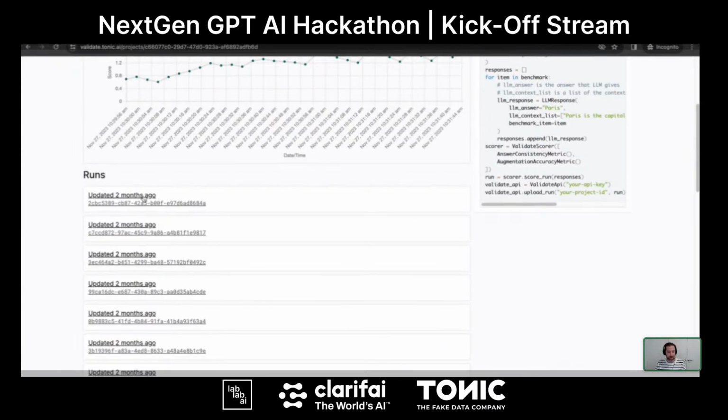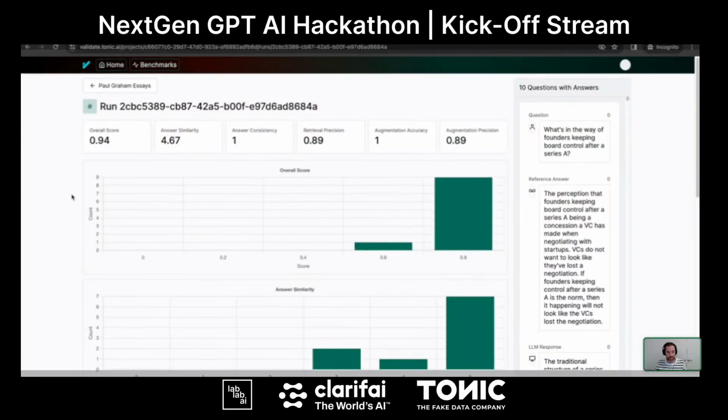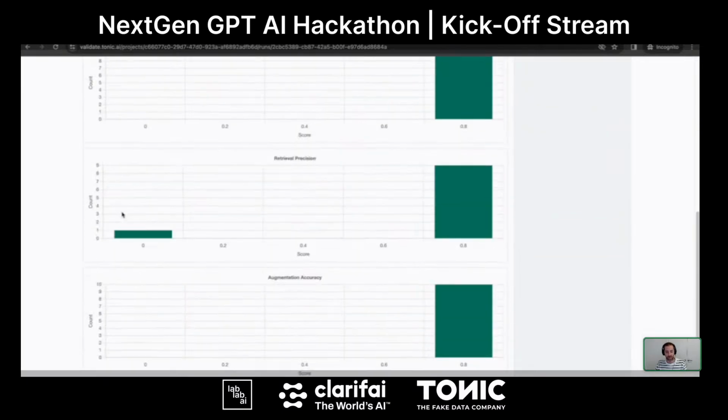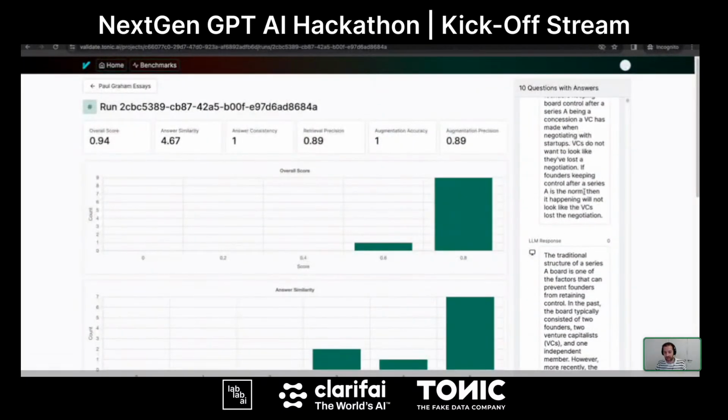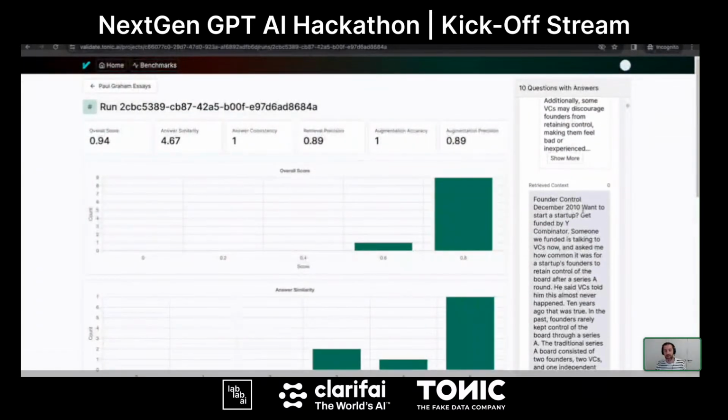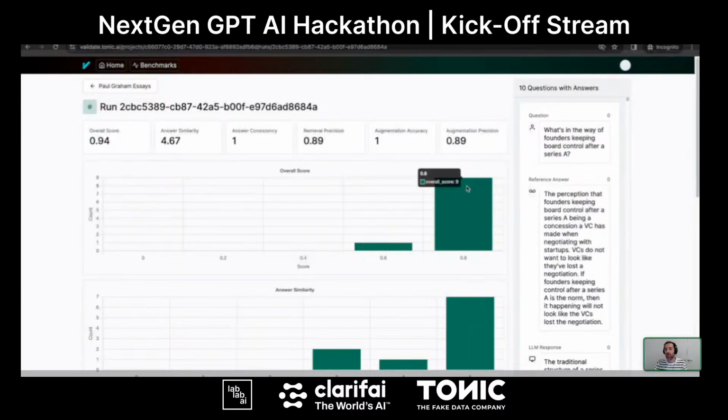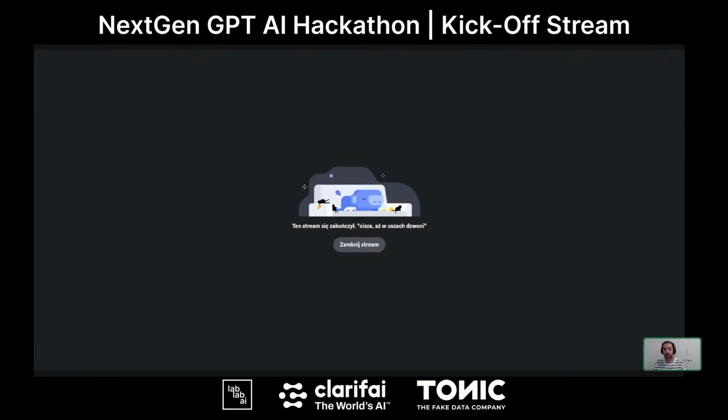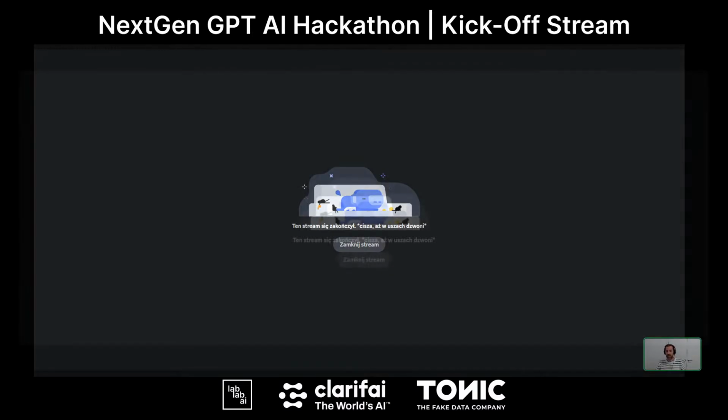If I click on one of the runs, you can see the different scores. Histograms are the scores for that run, and the questions, answers, and retrieved context on the right. Okay, so I will wrap it up there. Stop screen sharing and pass it on to whoever is going next.